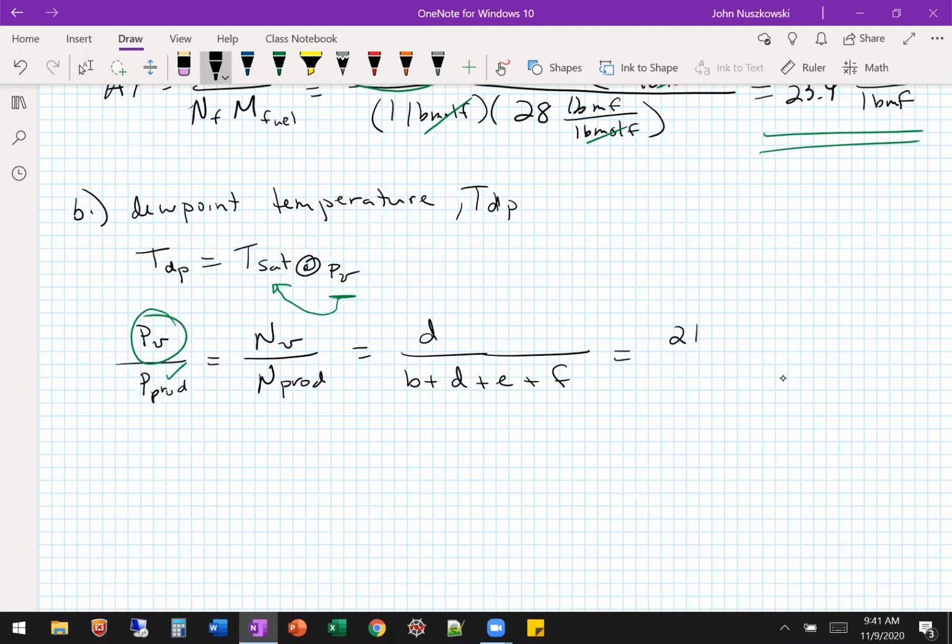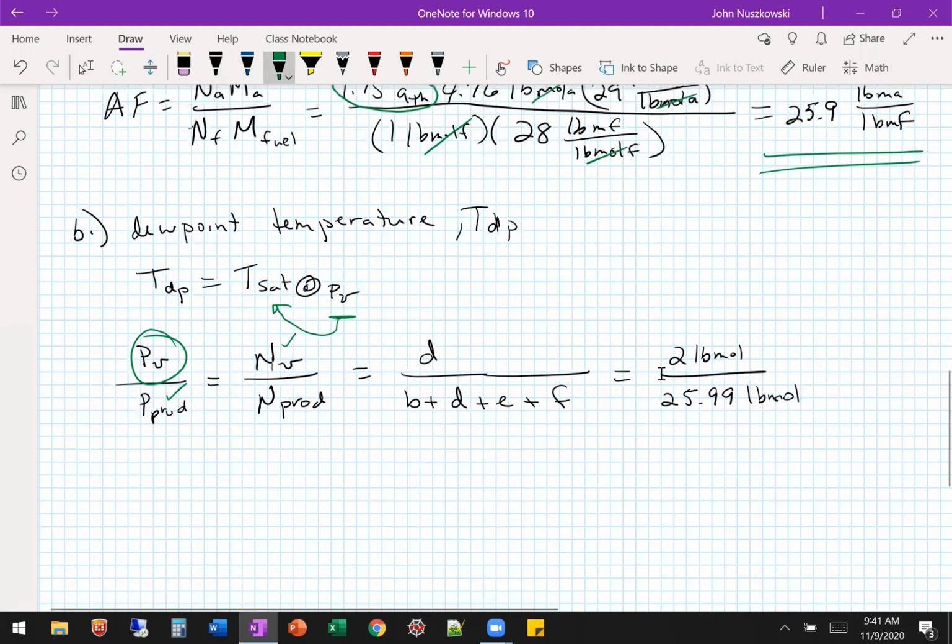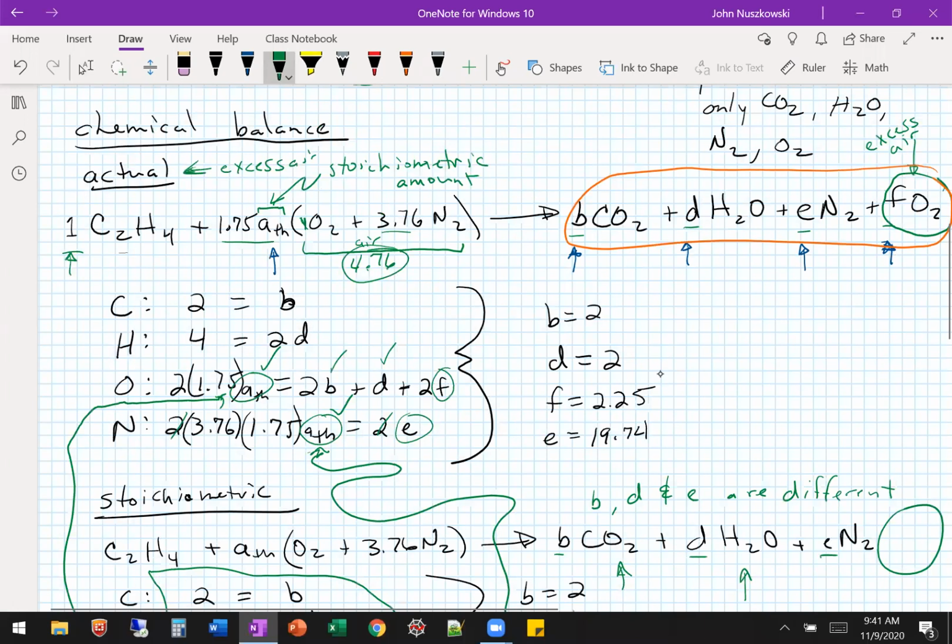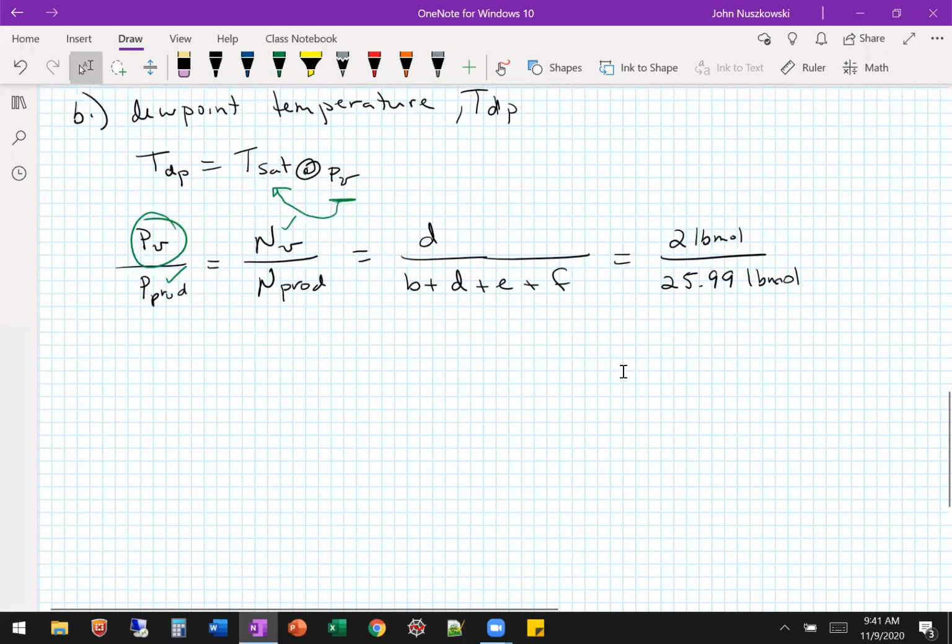You basically get 2 pound moles over 25.99. All right, so if we do that, now we have the moles of water vapor, 2, and then the products, we just summed up everything that I circled in orange, okay? So then our only unknown, we take this ratio of 2 divided by 26 and multiply it times 4.5